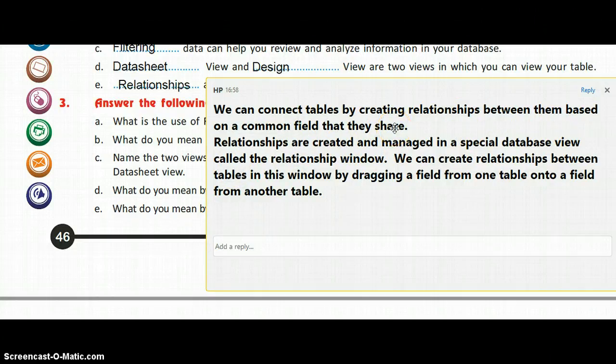So for creating a relationship, we should have at least two tables, and out of these two tables there should be one common field in both the tables. Then relationships are created and managed in a special database view called the relationship window. We can create relationships between tables in this window by dragging a field from one table onto a field from another table.